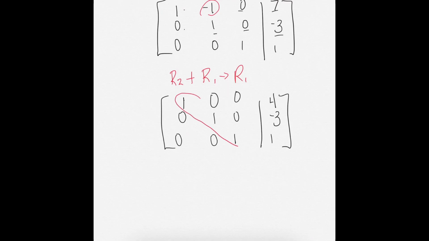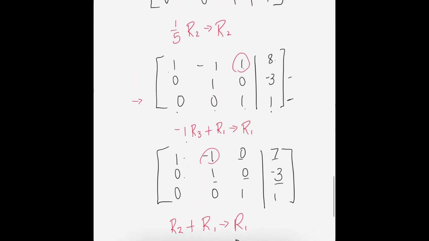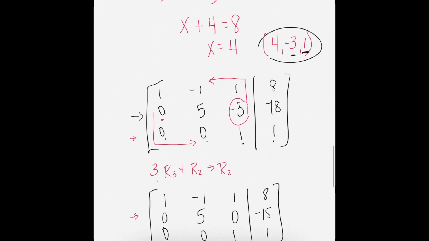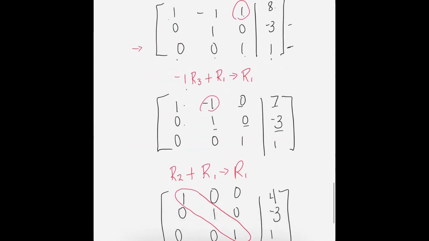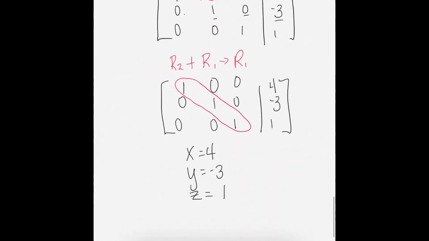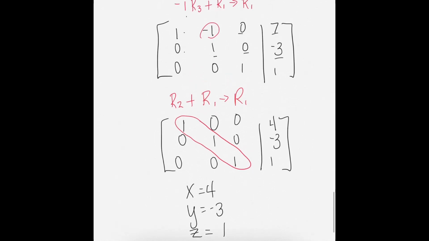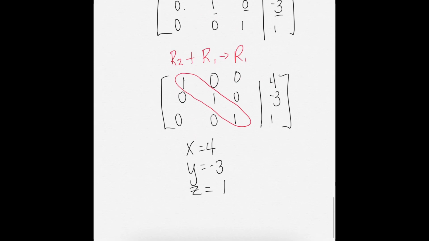So now I have the identity matrix, meaning that I have all 1s and everything else is 0. And according to this system, if I were to rewrite this in equation format, x is 4, y is negative 3, and z is 1, which we know is true because that's what we found when we did back substitution. So it may be more difficult than the substitution elimination method, but again, it's very useful in computer programming, a quick way of solving